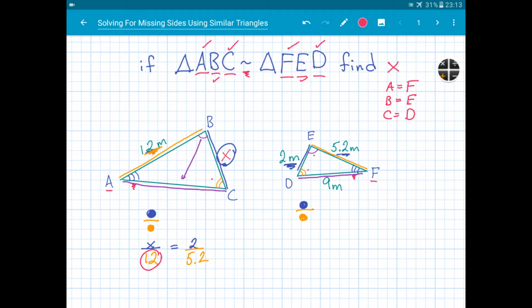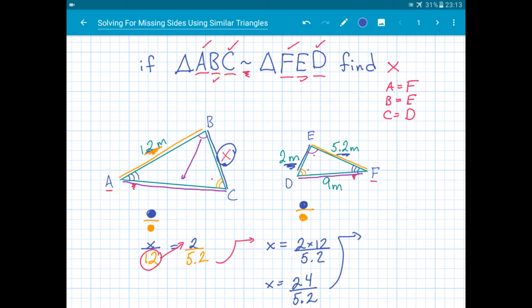So I'm just going to think about it as moving the 12 up here. If you like to think about it the other way, that's okay too. So then on this side I have x, because the 12 is moved, and I have 2 times 12 over the 5.2, which is going to give me 24 over 5.2,